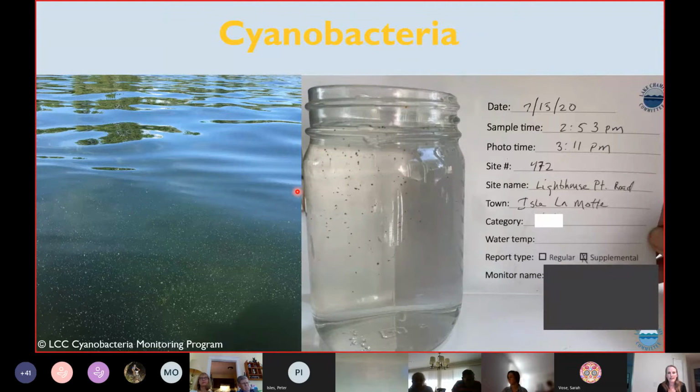So when you start to see cyanobacteria, when it first becomes visible to the human eye, it often shows up as little fuzzy balls or looking like glitter or confetti. You see them showing up in the water, not in too dense a fashion here.